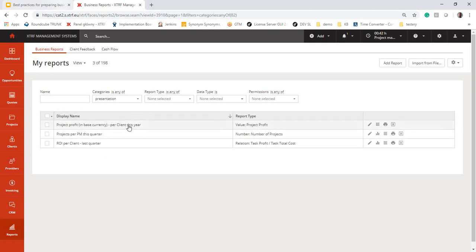Project profit per client this year. I want to see here how much my test installation has earned this year, and I want to see this data for every client individually. Project per PM this quarter means that I want to see how many projects every project manager has assigned in my system this quarter. And client last quarter is a relation that's also some kind of data for a specific type of projects, or for all projects, or for quotes, or maybe for opportunities. Well, that's the beauty. You can select